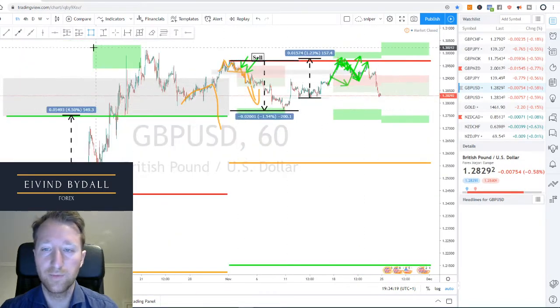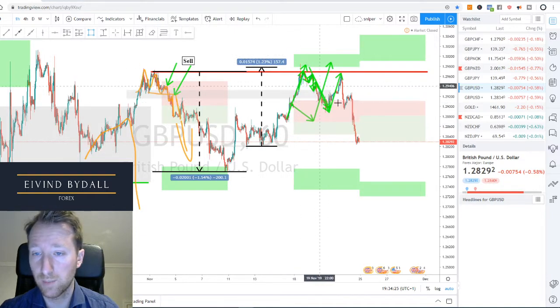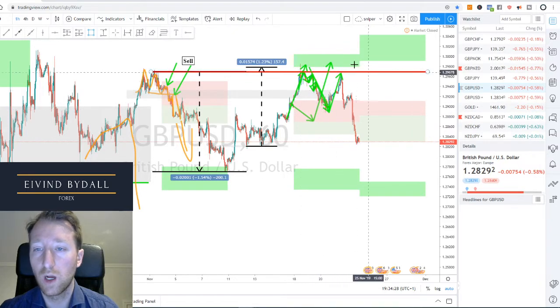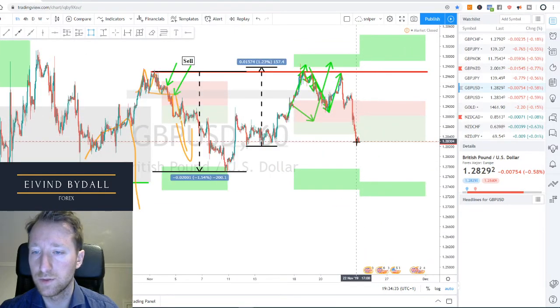British Pound USD. So we are in kind of a range, and we hit target last week very early. That set up a constraint as I thought, and it did. And then we had a failed new high and a new low. So for this week, we have two scenarios here. What I want to do is